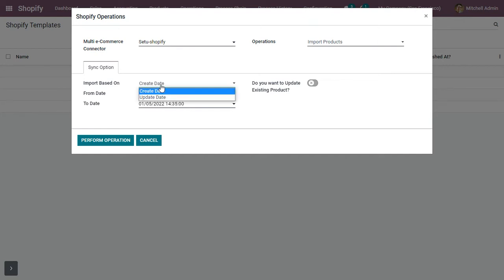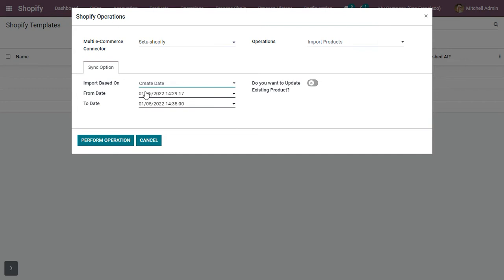If I select the update date option, then the products whose details or data are updated in the Shopify e-commerce platform during this timeline will be updated in Odoo ERP. So at present, let me select the create date option, as I first need to create the products from the Shopify e-commerce platform in Odoo ERP.